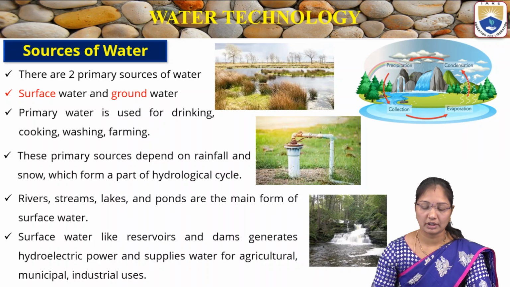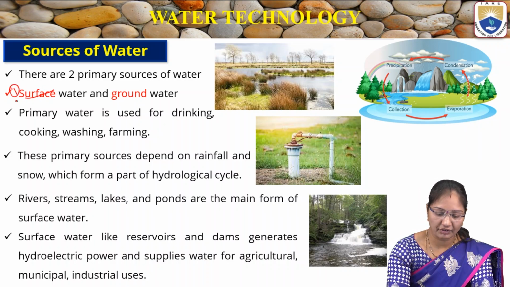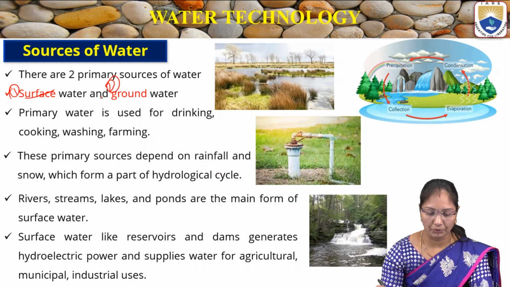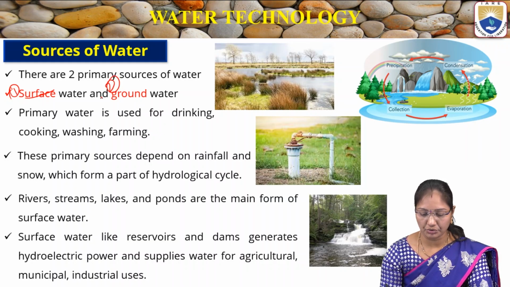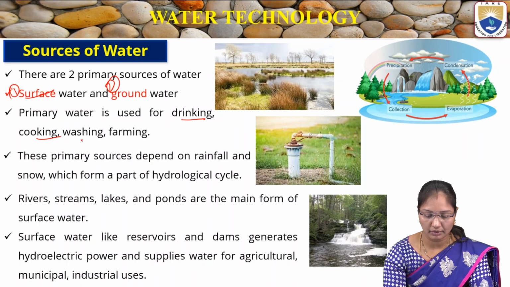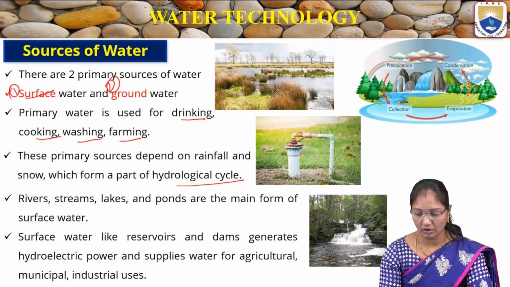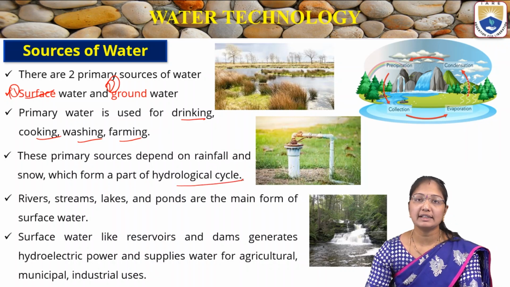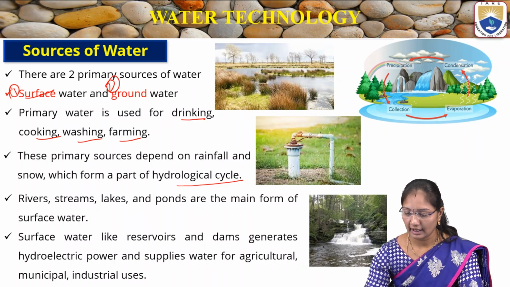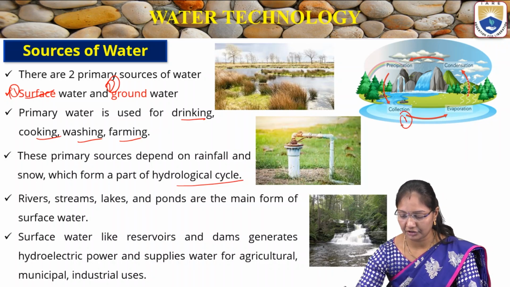Generally, the sources of water: there are 2 primary sources of water. One is surface and the second one is ground. The primary water is used for drinking, cooking, washing and farming purposes. The primary sources depend on rainfall and snow, which form a part of the hydrological cycle. The hydrological cycle is nothing but the water cycle. There are 4 steps: collection, evaporation, condensation and